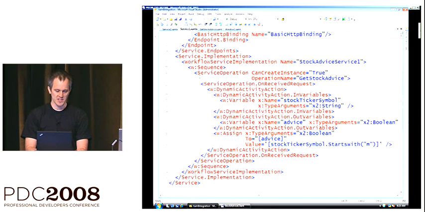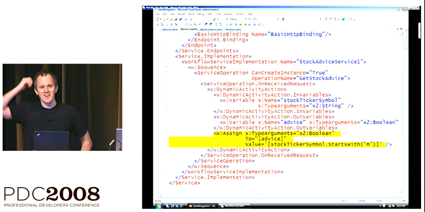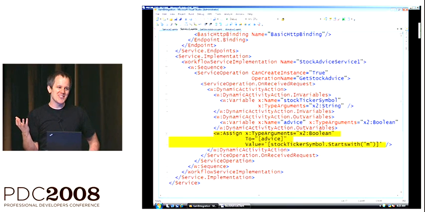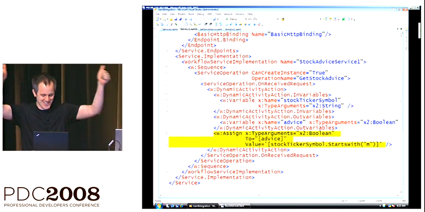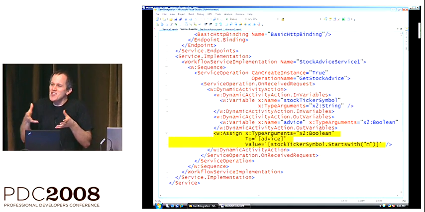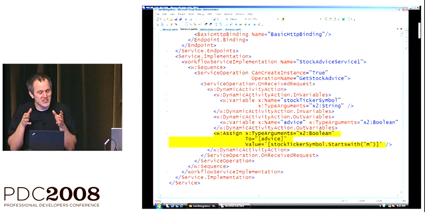The workflow consists of this service operation activity. That's what's actually going to do the work of receiving the message and shredding the data out and then replying. The guts of that implementation of what I do with that data is down here at the bottom in this assign activity. And you can see that this stock advisor is more like a magic 8-ball stock advisor, right? Basically, if the stock ticker symbol begins with an M, they say, yeah, that's great, go for it. That makes sense, a little silly example,